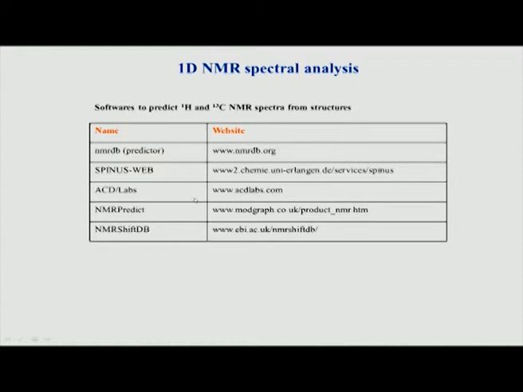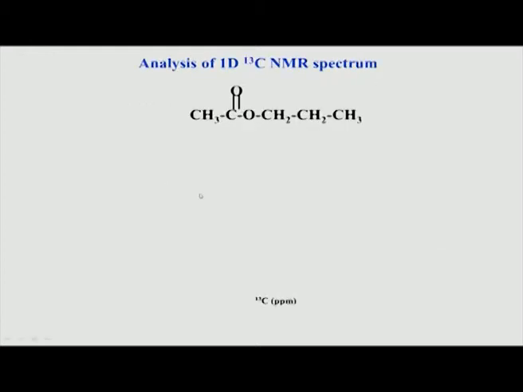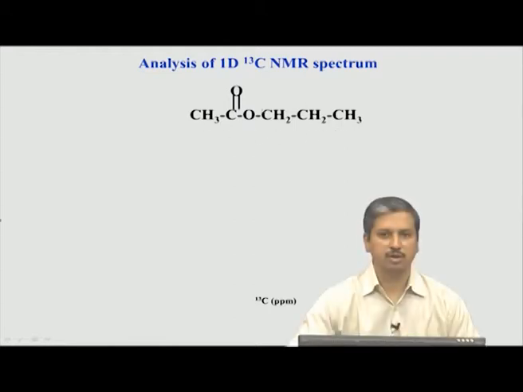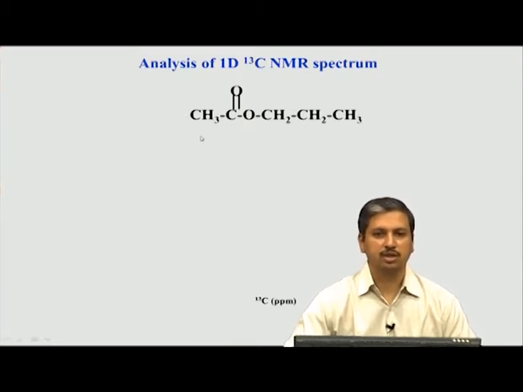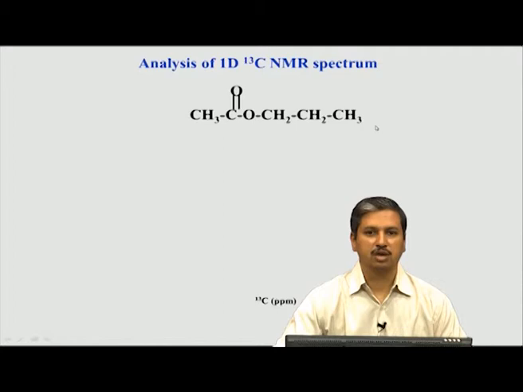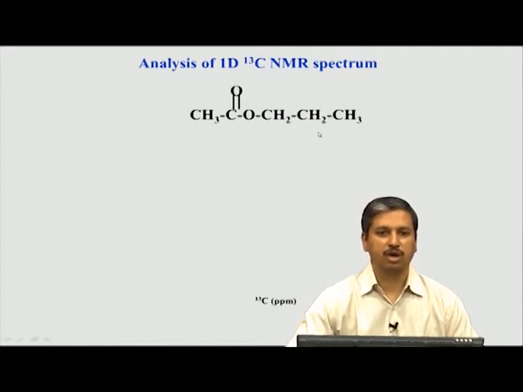Now let us continue with how we analyze the chemical shifts of carbon spectrum, 1D NMR. The first approach is: given a structure, can I try to assign the peaks which I get in the 1D spectrum? Remember, what we did last time was that given a structure we tried to predict using some rules. Now we are not going to predict the chemical shift values; rather, we will see the spectrum and try to figure out which peak corresponds to which carbon atom in this molecule. Similar to what we did with hydrogen, given a structure and the spectrum we want to assign the particular carbon to a proton.